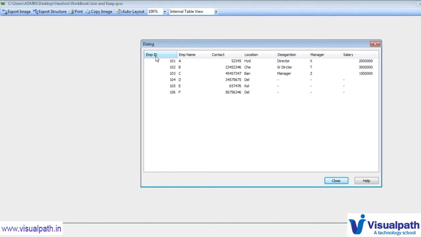I'll see all the records from employee ID table 1, 101 to 106, have been noted down exactly, and from table 2, the details of the common employees, 101, 102, 103, are only presented here. So designation, manager and salary have been taken from the second table, but the other people who are there in table 2, like 107, 108, 109 or 10, have not come here, so we have removed them by using the left join.